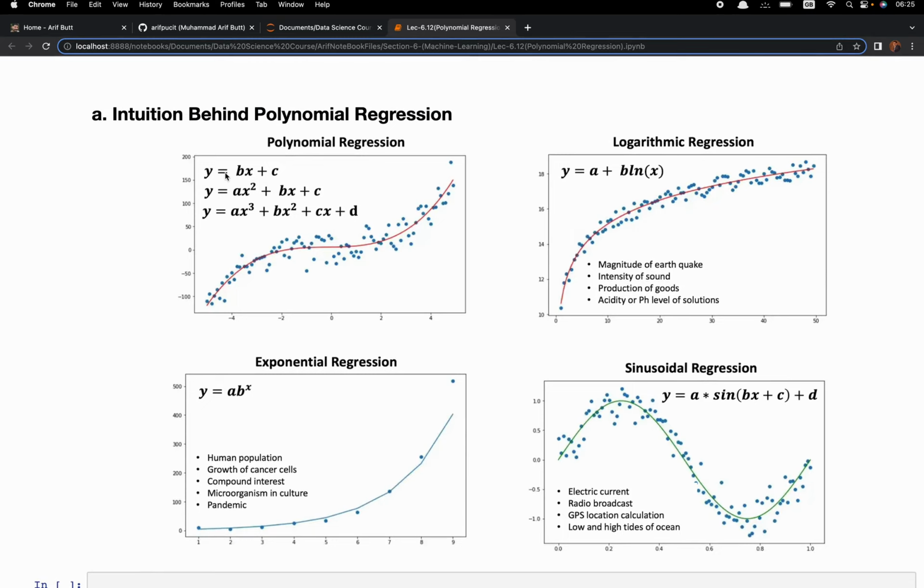This first equation is a linear polynomial equation as the degree of X is 1. This is quite known to us. y is equal to bx plus c. This is the equation of a straight line. This second equation, y is equal to ax square plus bx plus c, is a quadratic polynomial as the degree